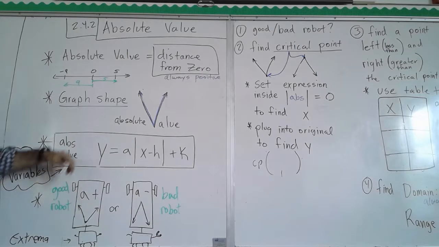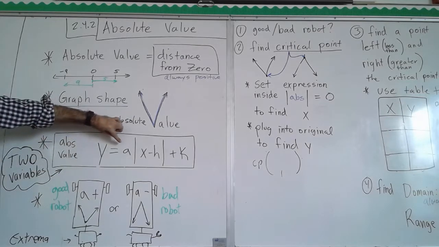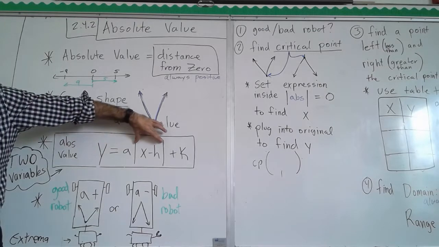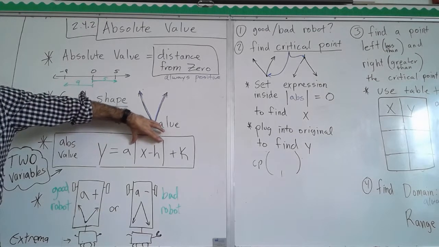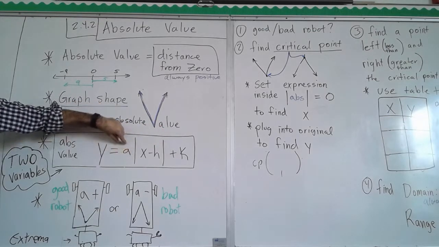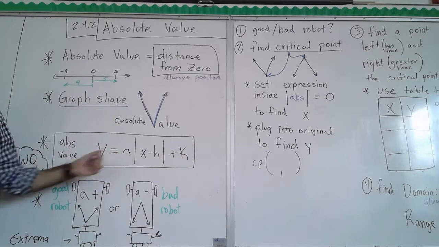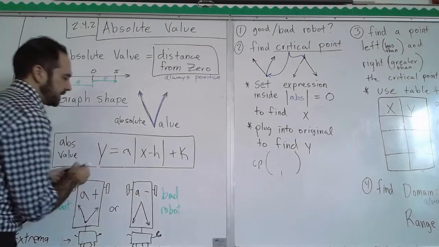So looking at this problem, my A value is whatever is right in front of the absolute value. If there's nothing out in front, it's just equal to 1. If it's negative, it would be -1. So we need to know that because